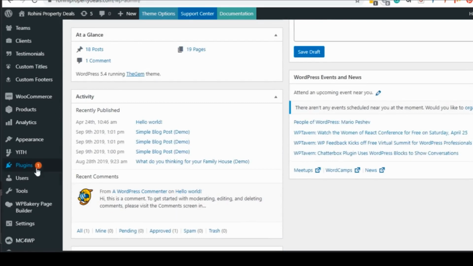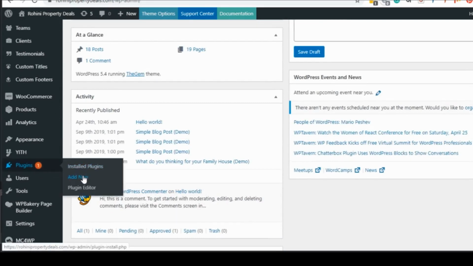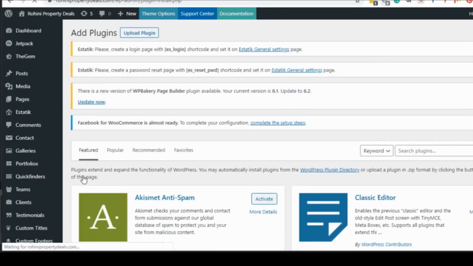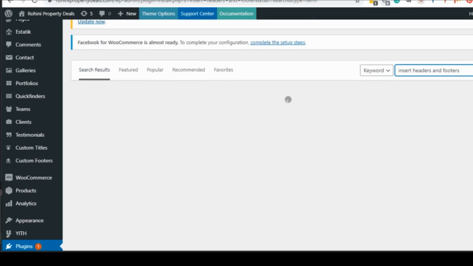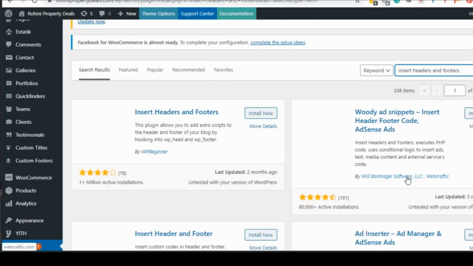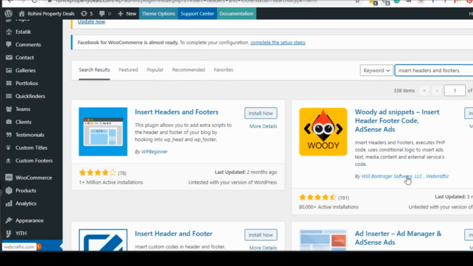So we will go to the plugin area, click on add new. This is a very useful plugin which is developed by WP Beginner. Let us just install it.